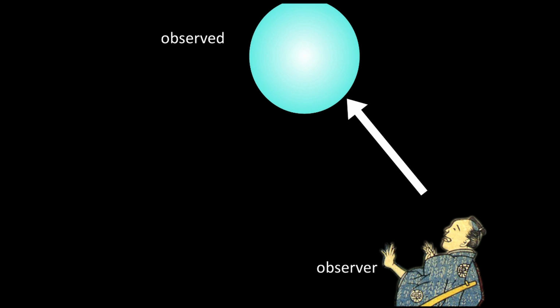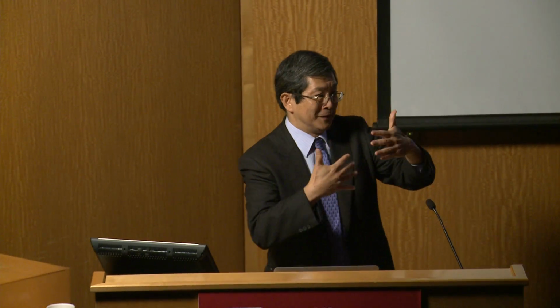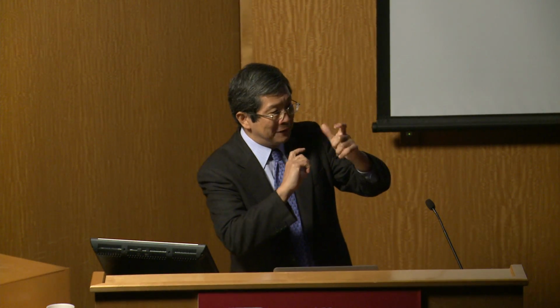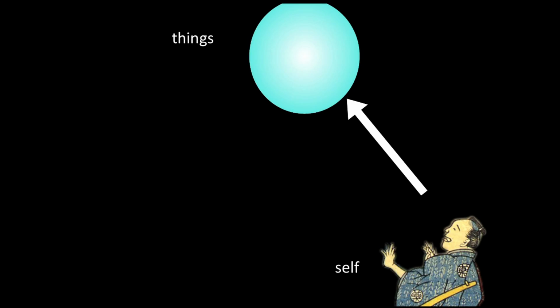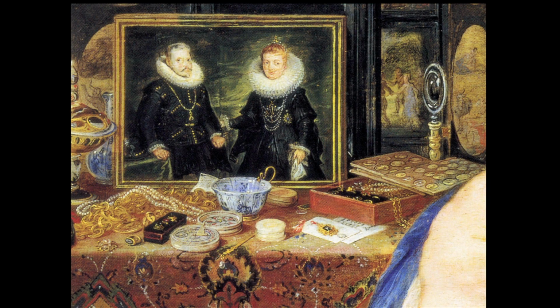around the dichotomy of the observer and the observed, or the self and the object, right? The self and things. And if you go from, let's say, Kant to postmodernism, so much of the philosophical discourse is devoted to figuring out the complexities and nuances and getting around the difficulties of the observer trying to get at the thing itself. What the Japanese illustrations suggest is,